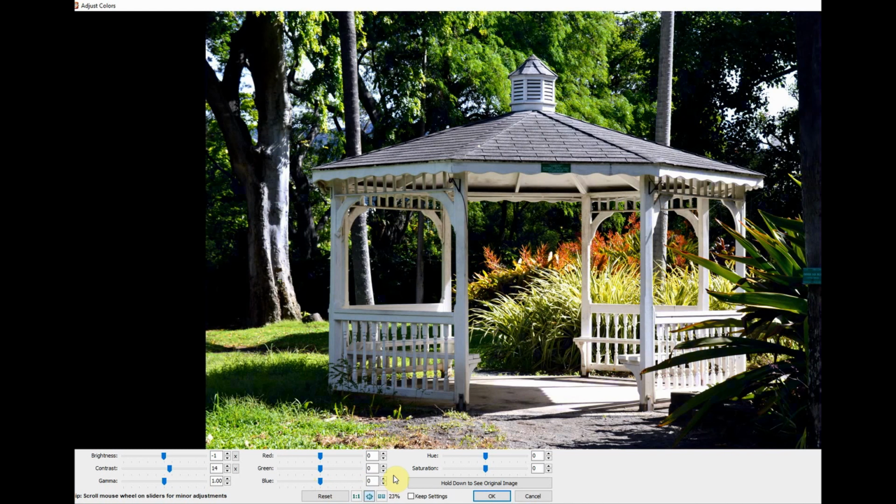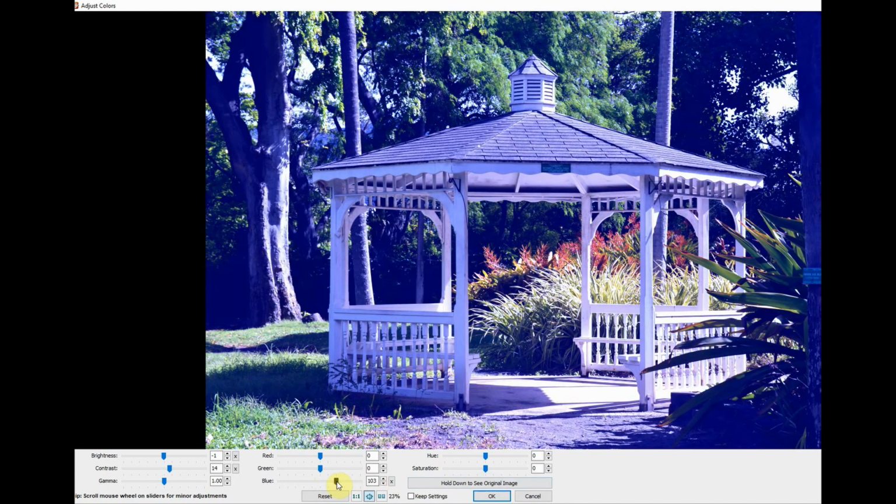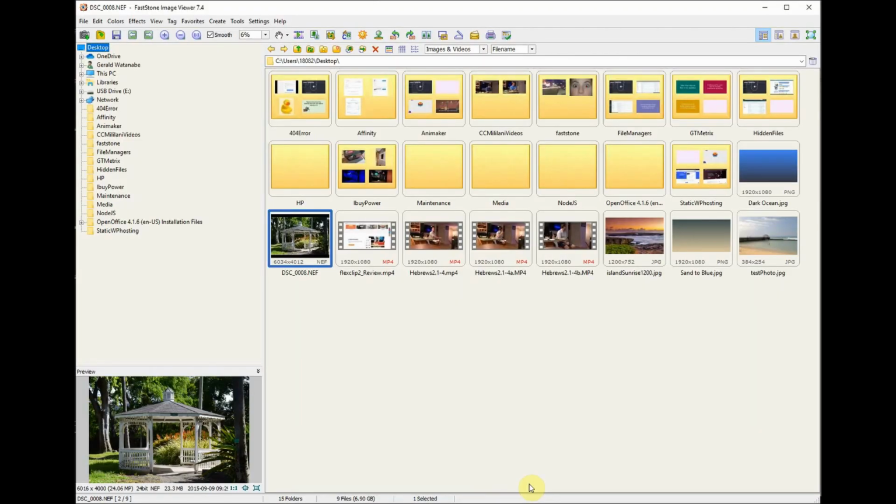See how radical change we can see. Reset everything. Okay, to save the image with your adjustments. And there are other features that I don't normally use. Now let's take a look at the